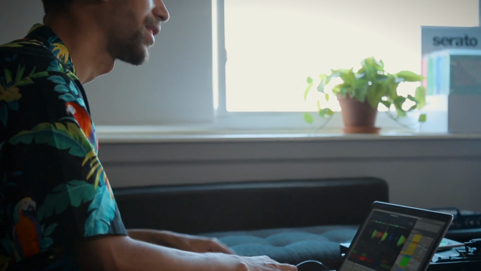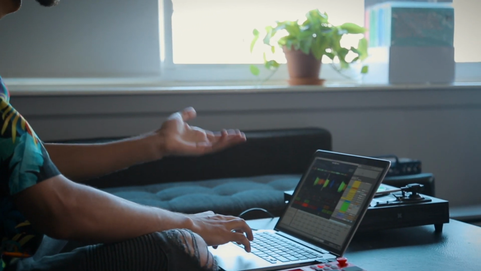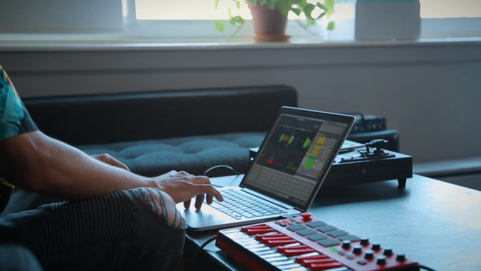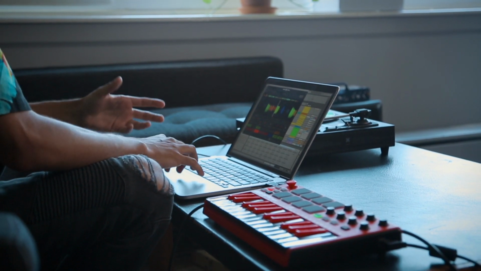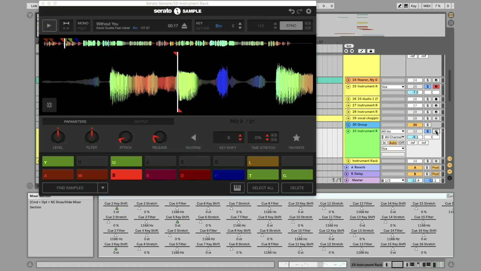The second melodic instance of Serato Sample I use happens to use the acapella from Without You by David Guetta featuring Usher. These are Usher's vocals. And so after, I have my Ableton processing, but the main rhythm and melody comes from finding those same points in Serato Sample using the Find Samples button. So if I go through all of these,